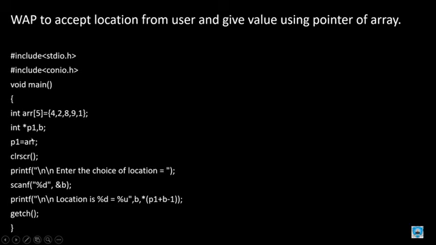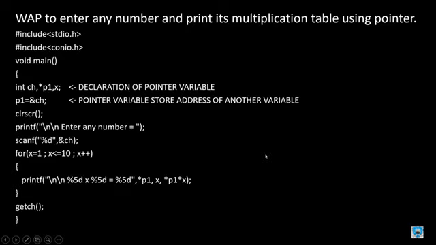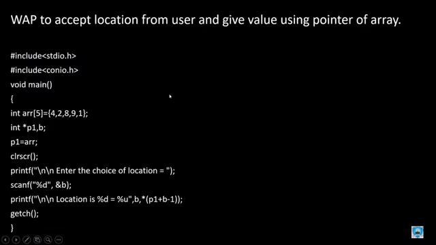Please understand the concept. When we declare an array, it does not require the address of that pointer. We just go back and understand the concept. Back. In this program, you understand it is an individual variable ch. So I mention where my cursor is moving: p1 = &ch, because ch is a normal individual variable, so we need the address operator. And when we use this array, look here, p1 = directly the array variable arr.